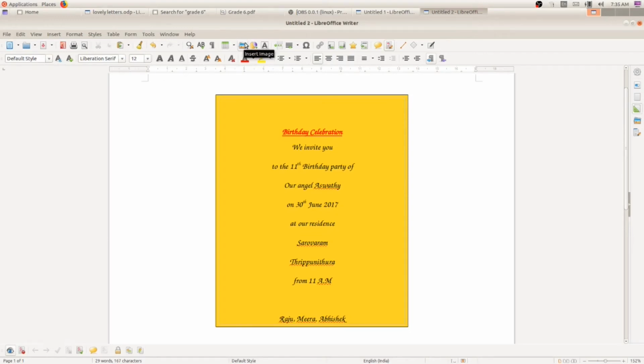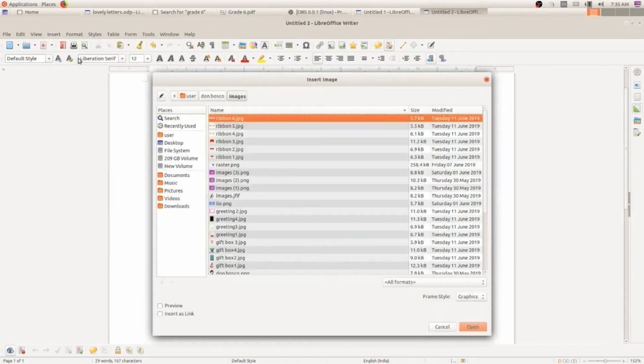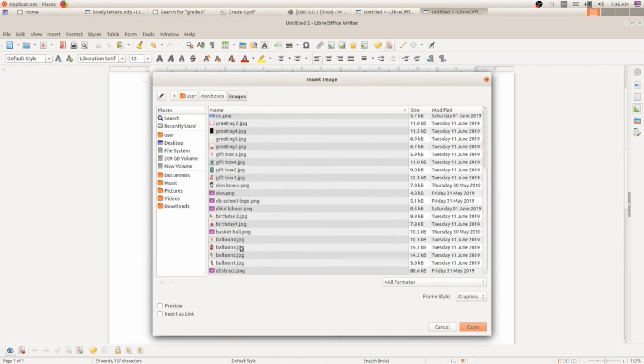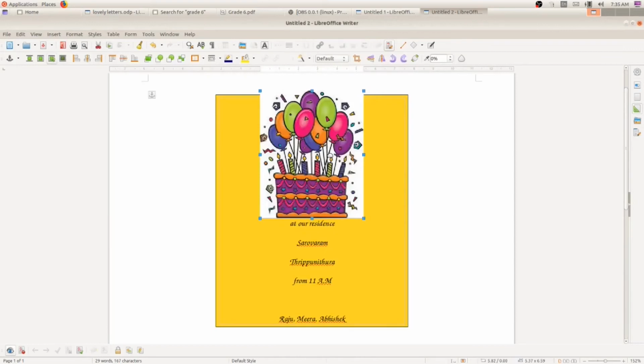Yes. First thing is, directly in the toolbar you can see this button, insert image. You can click here. Or what is the method 2? Yes, go to insert menu, click on image. Next you select any image from your computer. Okay, here I am going to select an image and you click open button. Now the image is opened.